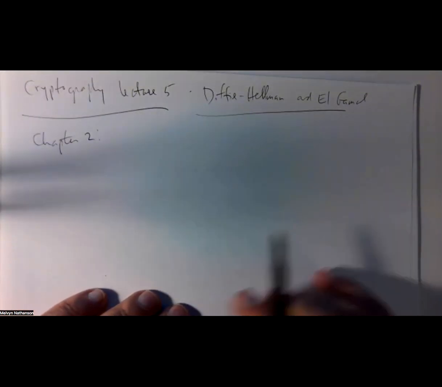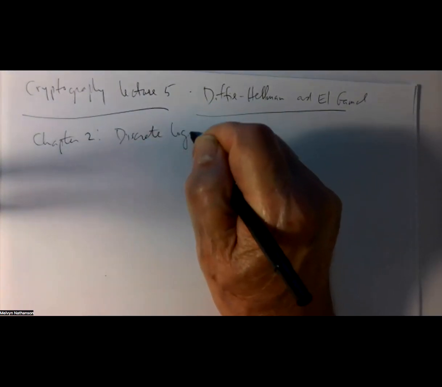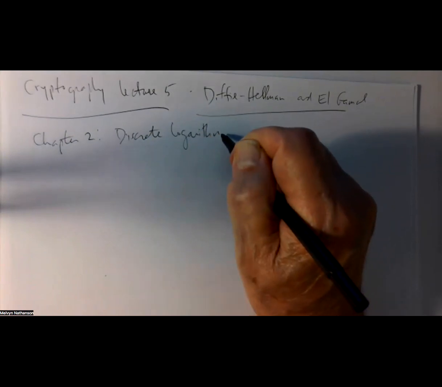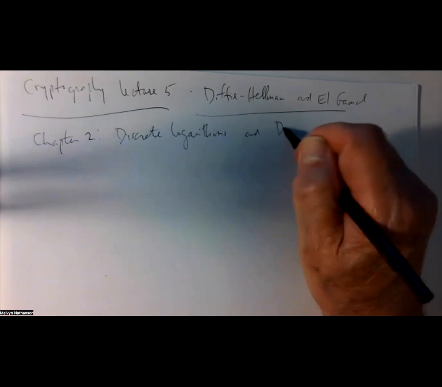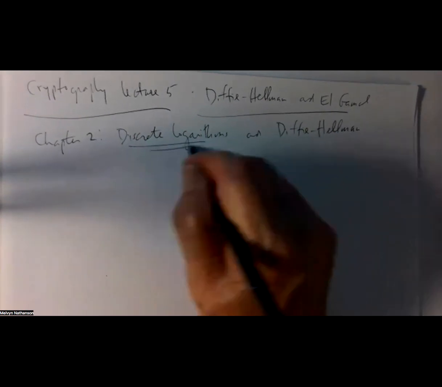So we're doing real cryptography now, starting on Thursday of last week. Chapter 2 is on discrete logarithms and Diffie-Hellman. So we start off with a little bit of number theory that underlies all the cryptography we're doing and the discrete